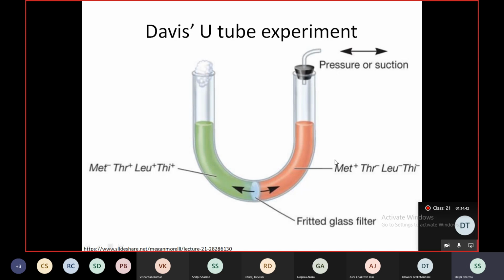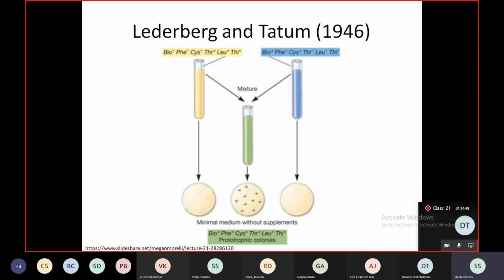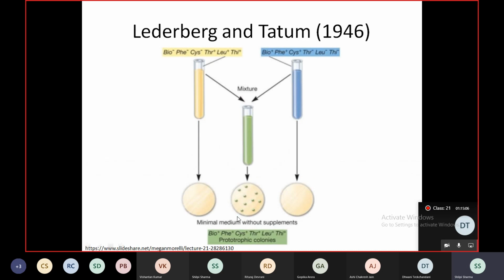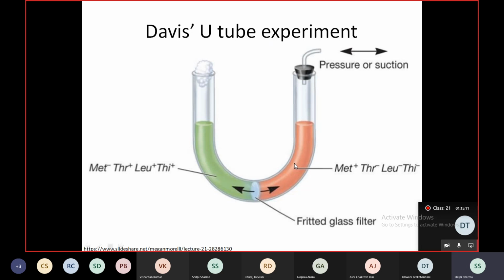Okay, so this basically countered the hypothesis in the earlier experiment that there was probably some cross feeding wherein the molecules synthesized by this helped out the other strain, and somehow there was compensation. So when they removed the glass filter and further incubated it and then plated it, they found the same result as here. So basically this proved that physical contact was needed for any such kind of transformation. It was not just material transfer between the two. Okay.